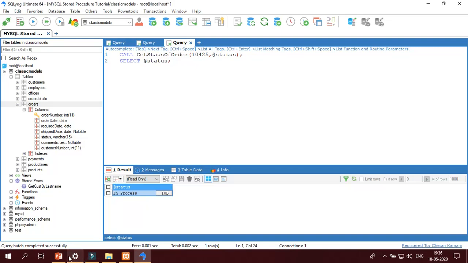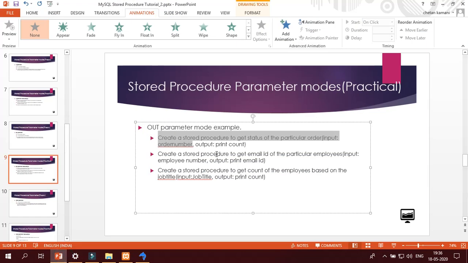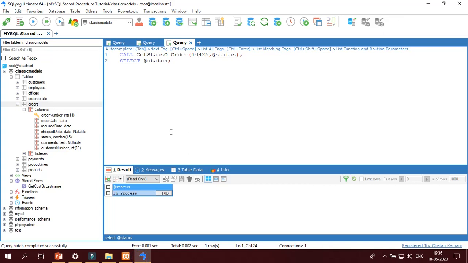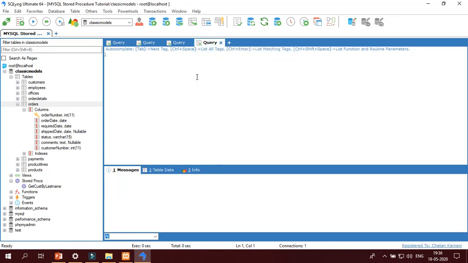The OUT parameter mode. Another example: we have to find the email ID of a particular employee by entering the employee number. So I am going to create another procedure. Don't forget to specify the delimiter, then semicolon, then create procedure.